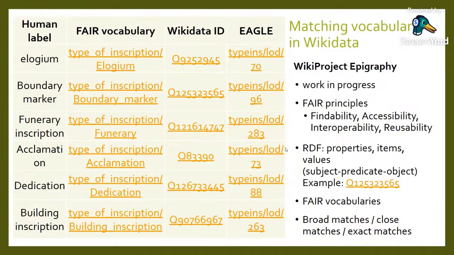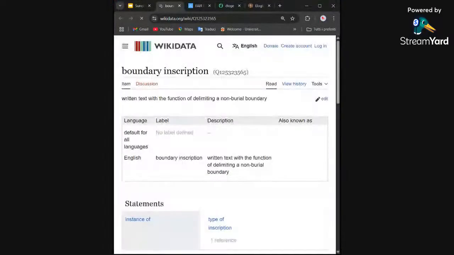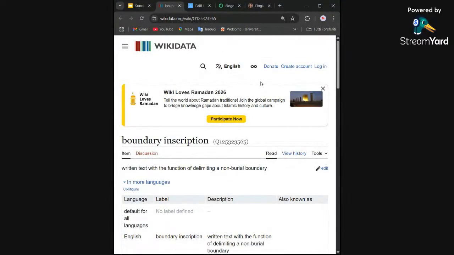But also remember that, and here, I can also show you this. That's an example of a type of inscription. You have to remember that in Wikidata these connections are represented using RDF. If you remember, the same format we use for the GERF exercise some weeks ago. In other words, we have